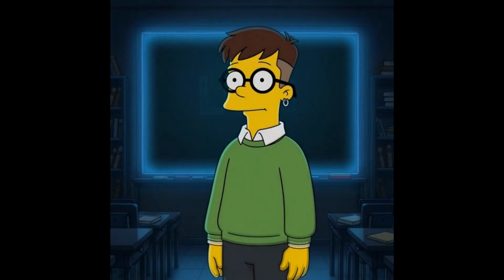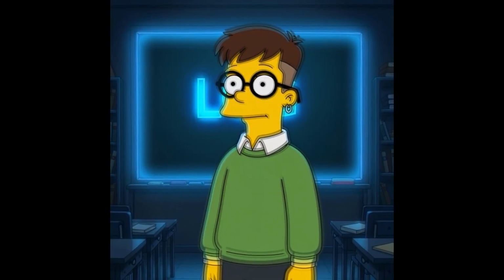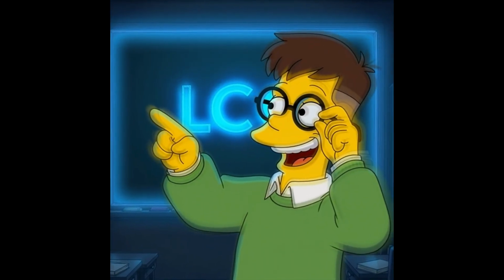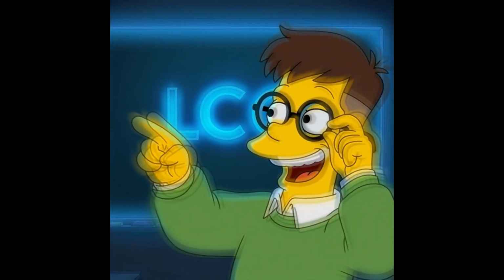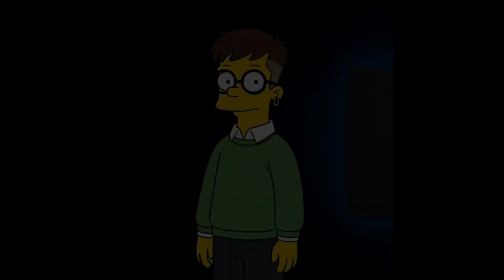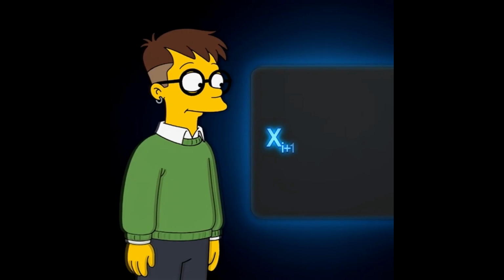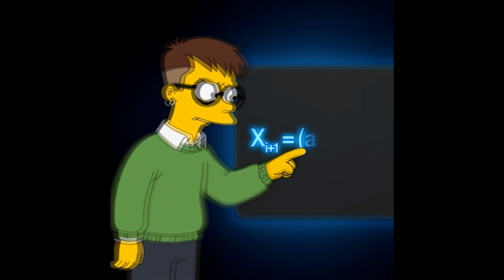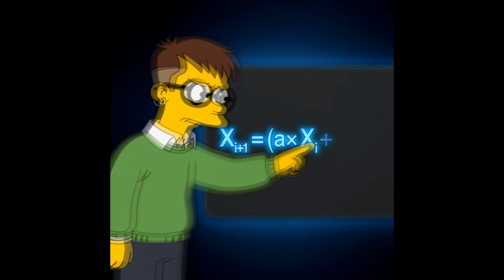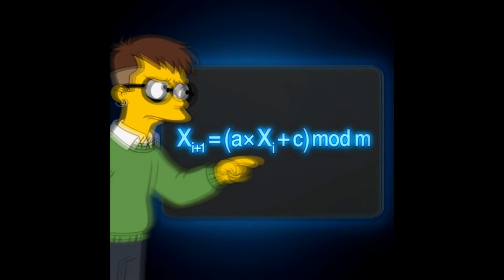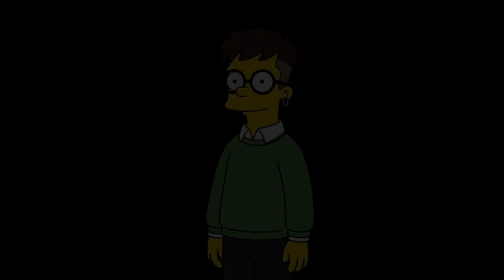To generate pseudo-random numbers, we use a linear congruential generator, or LCG. This is one of the oldest and most studied pseudo-random number generators, and it forms the foundation of our pipeline. The recurrence relation is x sub i plus 1 equals the quantity a times x sub i plus c, all mod m. a equals